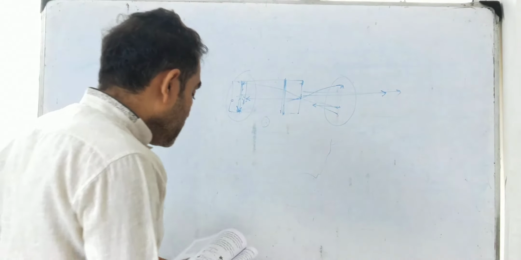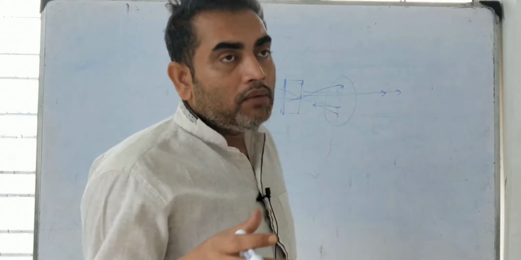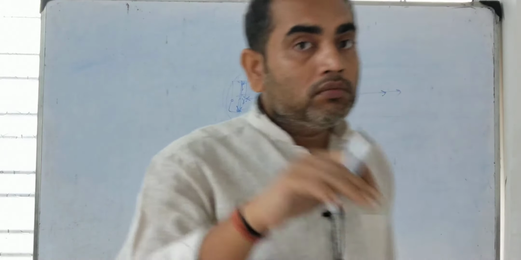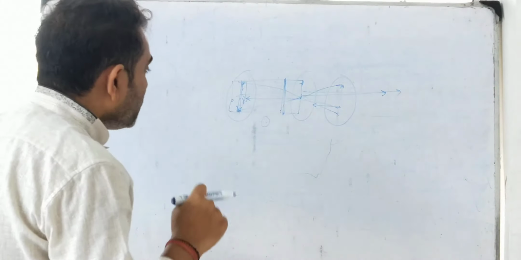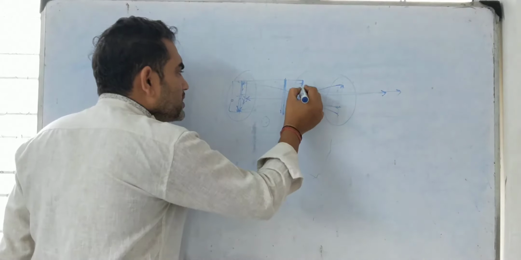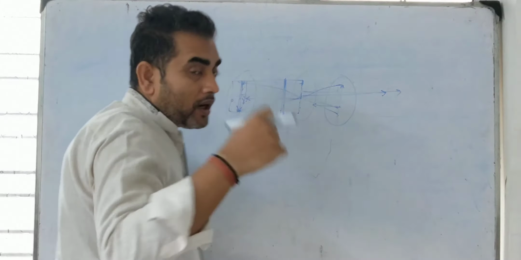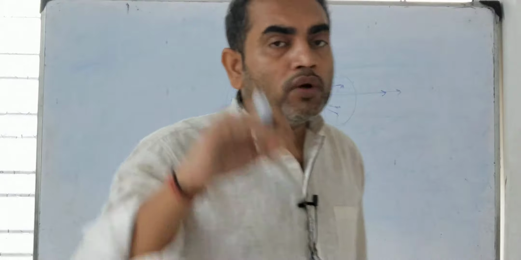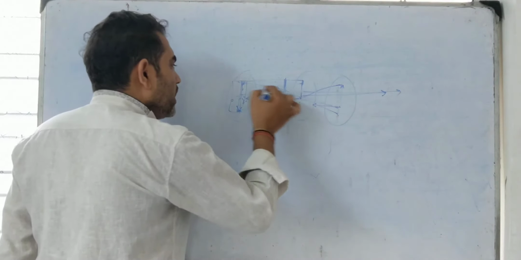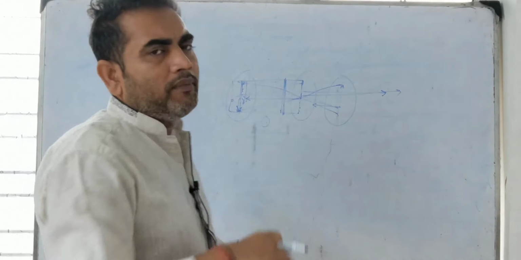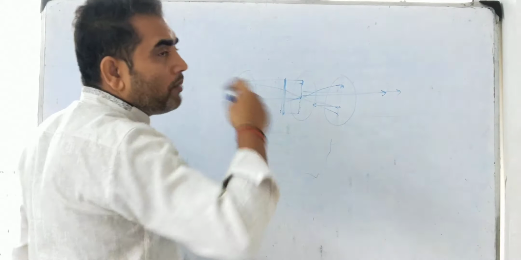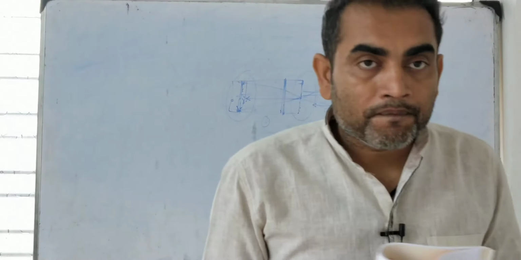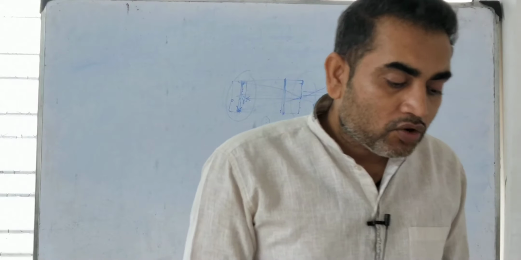So that is the second point. The third point to be kept in mind, that I told earlier while discussing the pinhole camera: if there are several pinholes, more than one pinhole, then in that situation more than one image will be formed, and all the images will get mixed with each other. That will make it blur, and none of the photograph will be seen very clearly. So that is the condition to be kept in mind.